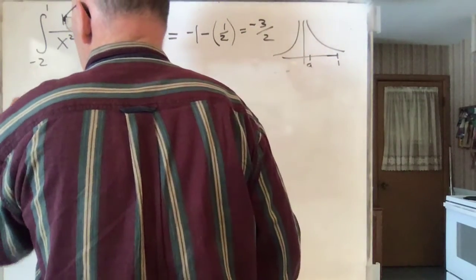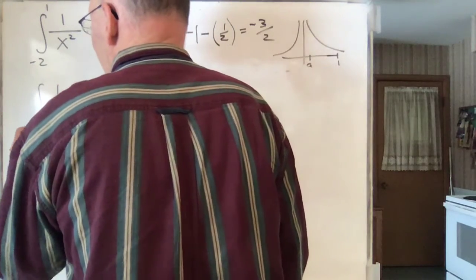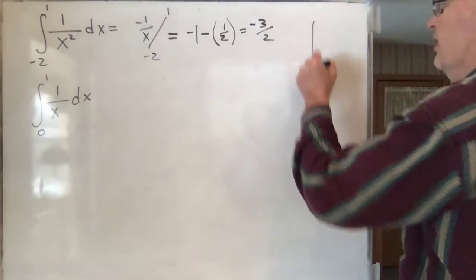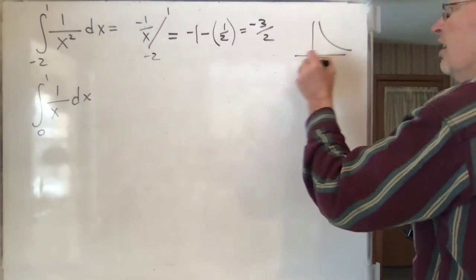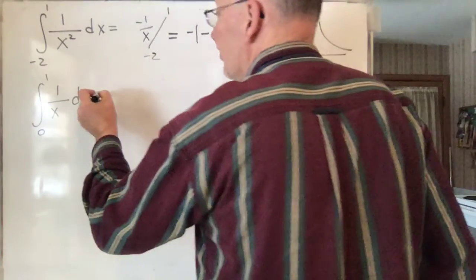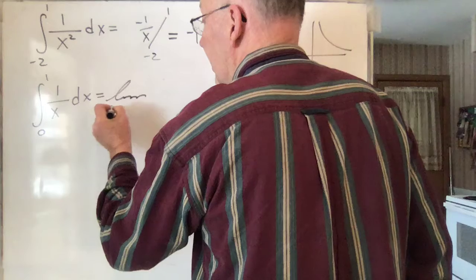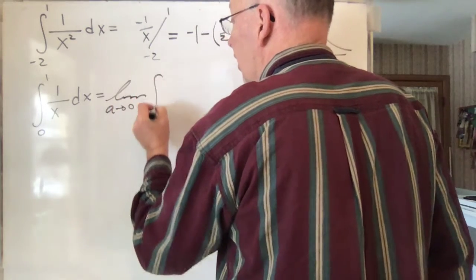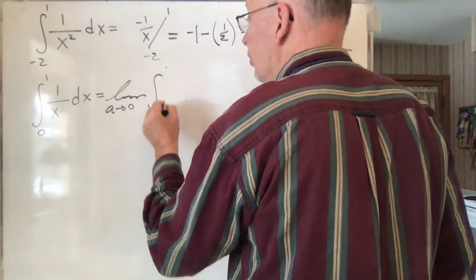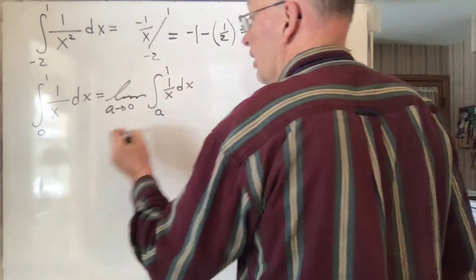How about the integral of 1 over x dx from 0 to 1? Okay, that of course looks like this. So if we go from 0 to 1, we can do it the same way. We can say, okay, this is the limit as a approaches 0 of the integral from a to 1 of 1 over x dx, and